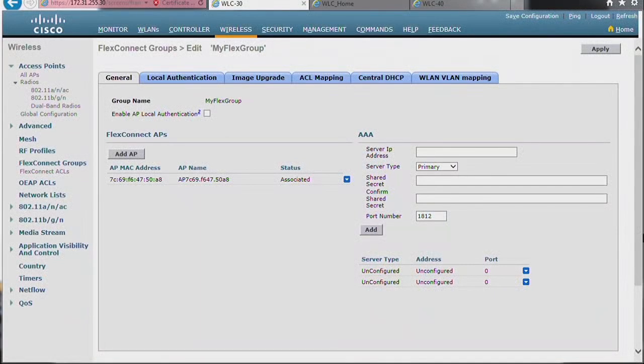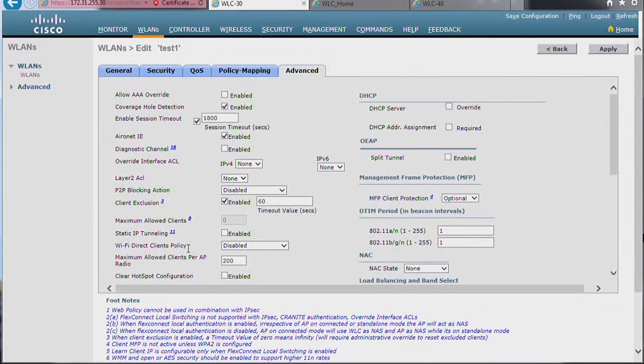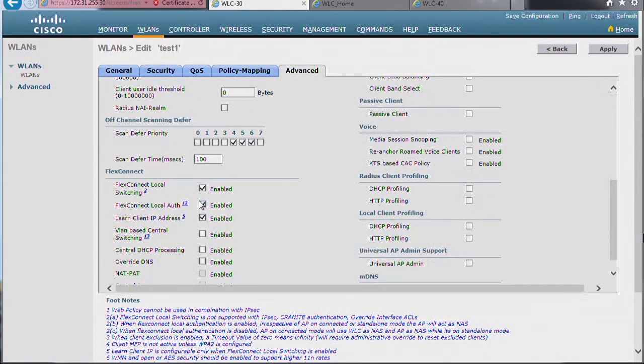Authentication can be set two ways. You have the Enable AP Local Authentication checkbox, and we'll come back to that in a minute. But there's also the AAA authentication. So if I go back to my SSID, test one, and go to Advanced, you see that I'm using a local authentication here, which means that whatever is defined at the FlexGroup level is going to be applied